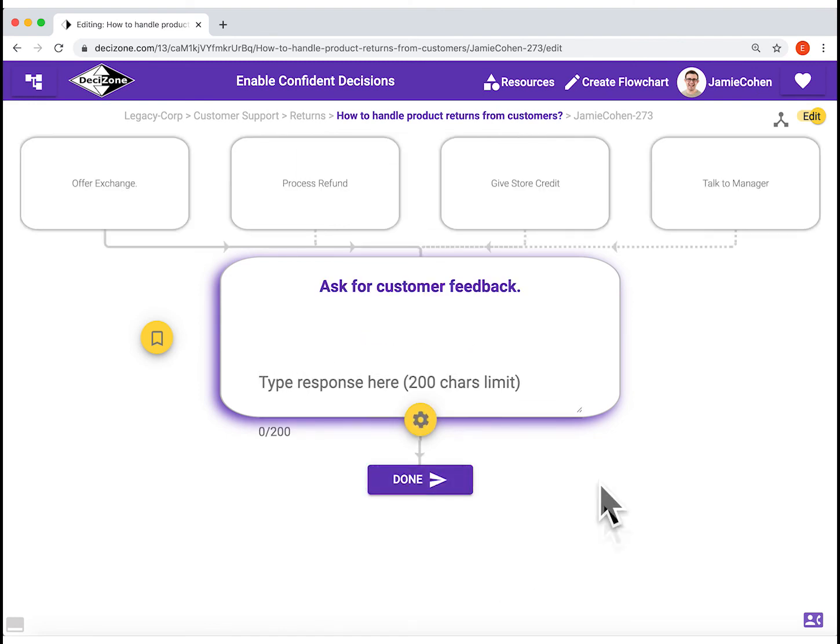As you can see here, bookmark links are displayed as a dashed line in the flowchart. In our case, the source and the destination box of the bookmark links are both in the same flowchart. But you can also create a bookmark link to a destination box which is from a different flowchart.